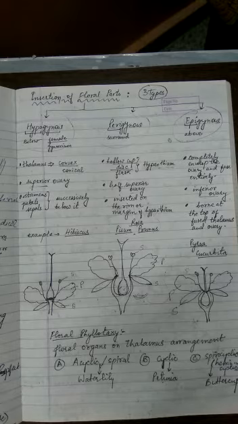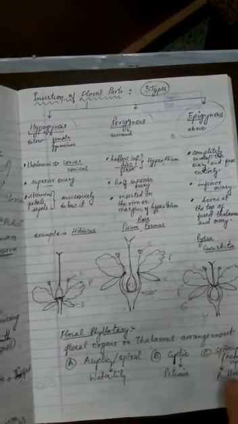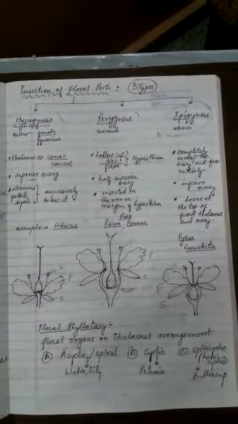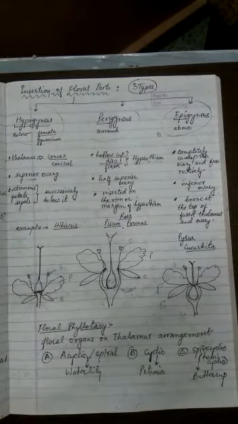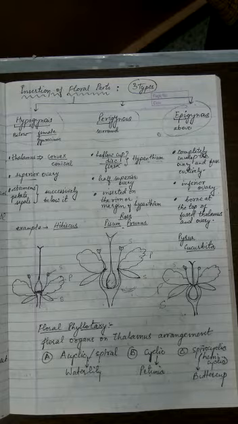Now the next thing to understand is the floral phyllotaxy. Now we have already done the leaf phyllotaxy. You remember that there are alternate, there are opposite type, and opposite will again have two types. The two types were decussate and superposed, and even whorled type is possible. If only one leaf is present at one node, it is called alternate or spiral type. If two are present together at one node, they are called opposite type. And if there are more than two, it is called whorl type.